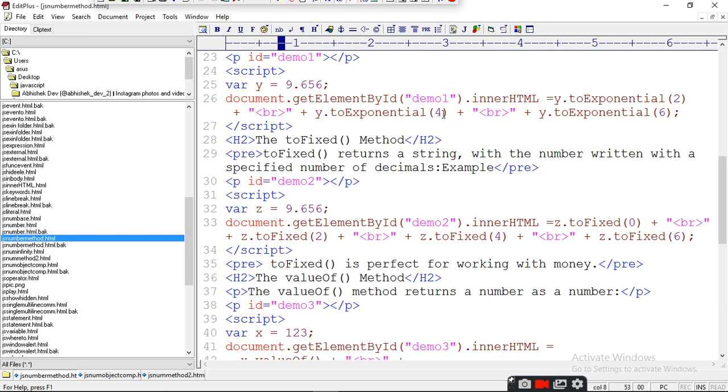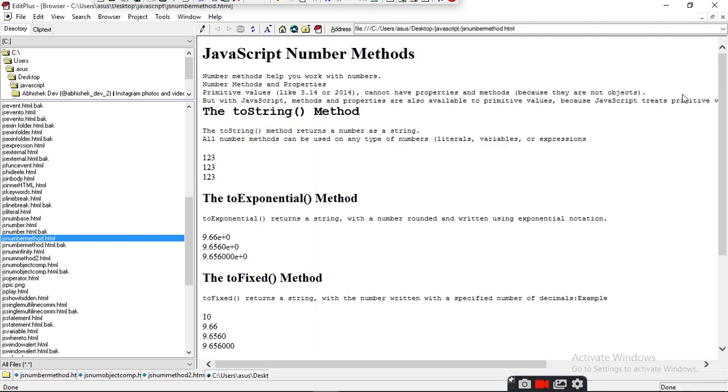That means up to 2 places, 4 places and 6 places of the exponential. So it will return you the values 9.66e, 9.6560e, and 9.656000e. Here 2 places, here 4 places and in this the 6 places.